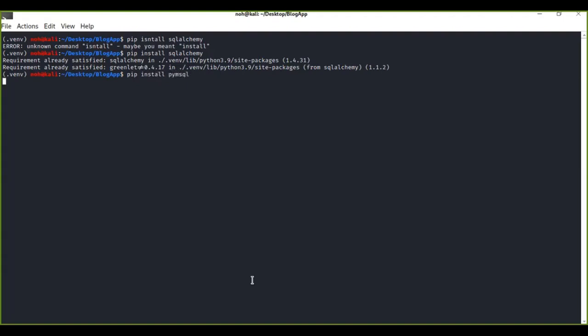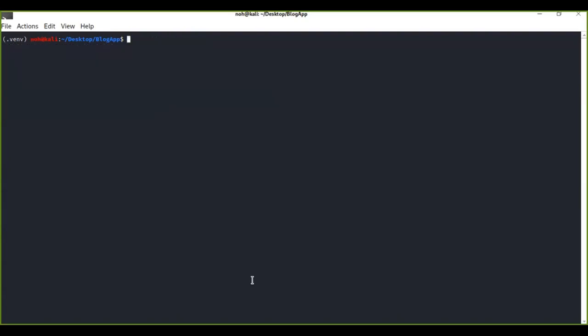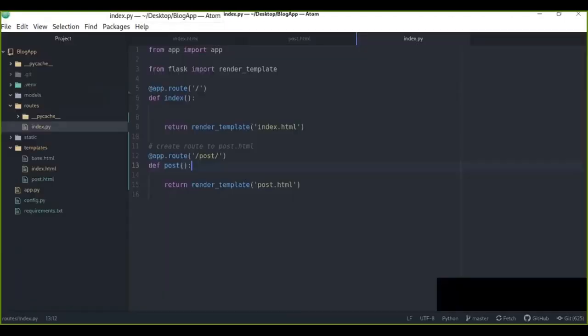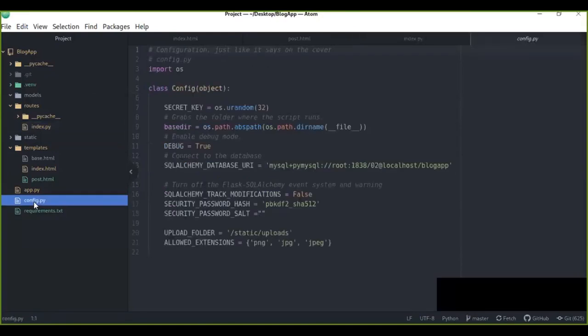This is important when you connect to MySQL. Okay, this is also already installed. Now all the required libraries are installed in your virtual environment, let's assume, and let's start our server again and create a configuration file first. Here, I have created a file